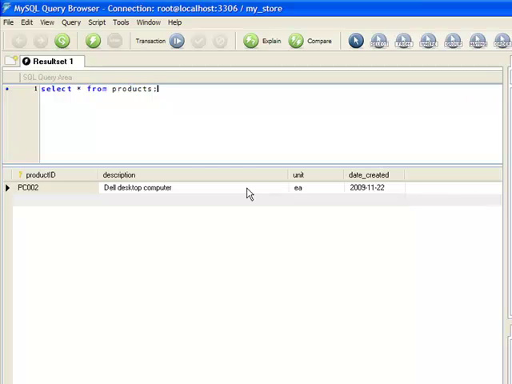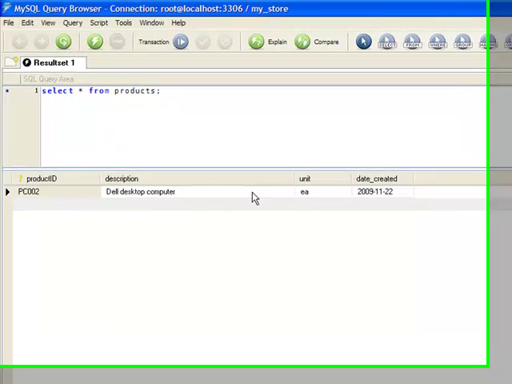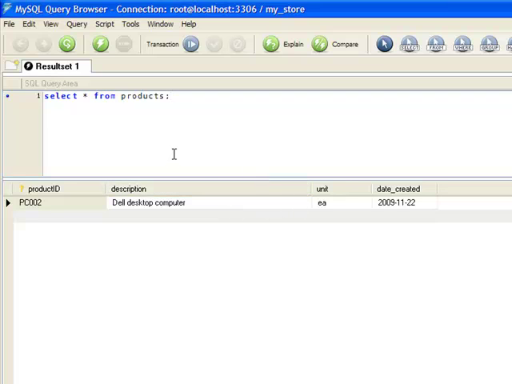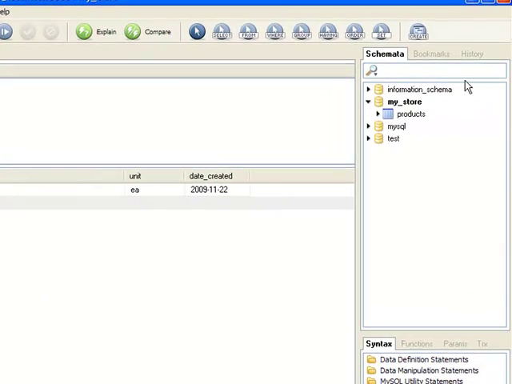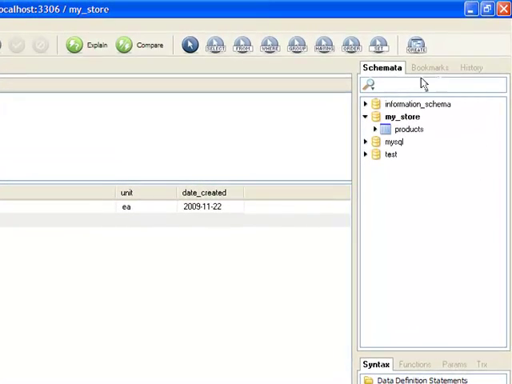stored using our SQL command line prompt. Okay, so this area again is the query area. This area is the result area, wherein all the statements that we execute in the query area will be displayed here. We call this window our schemata, or what they call the object browser.